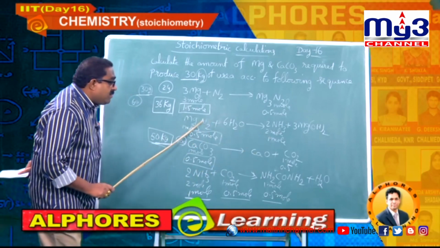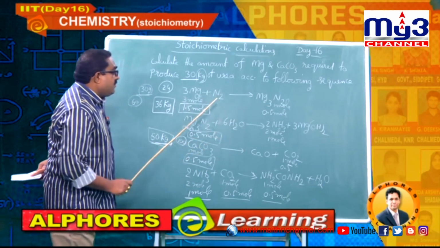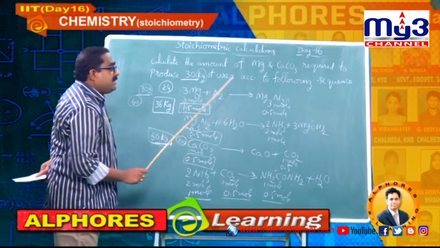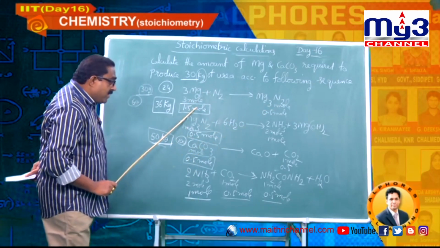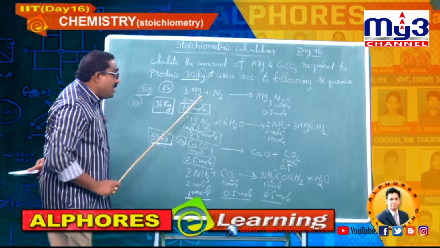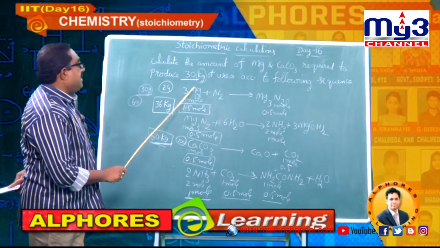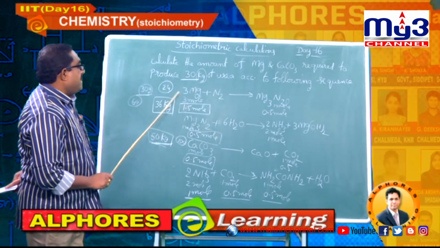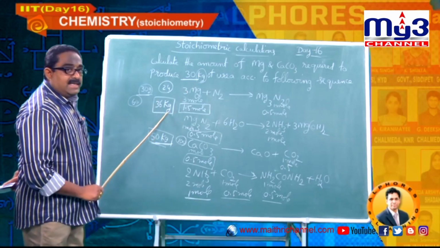But from where is this magnesium nitrate coming? From the first reaction. In the first reaction 3 moles of magnesium gives 1 mole. It means 1 by 3. So 1.5 mole by 3, you will get 0.5 mole. Our requirement is also 0.5 mole. So it should come from how many moles of magnesium? 1.5. Magnesium atomic mass is 24. So 1.5 into 24, 36 grams, but it has been given as kg, 36 kg.